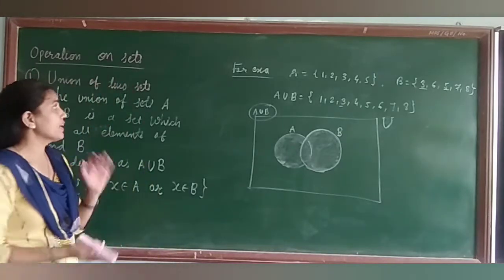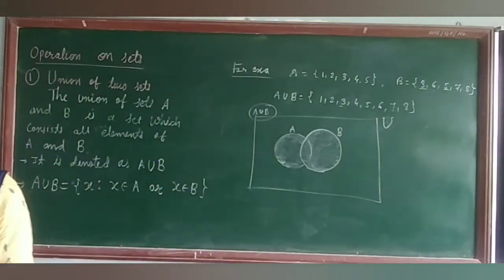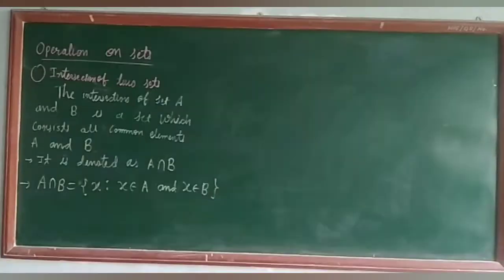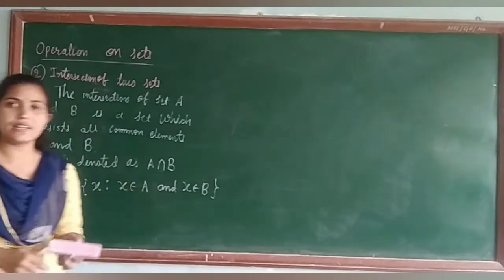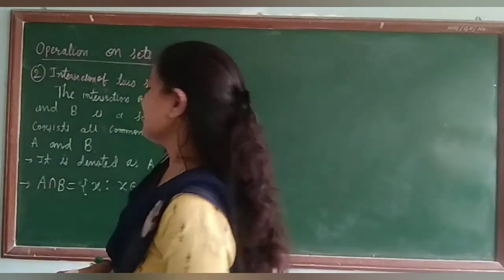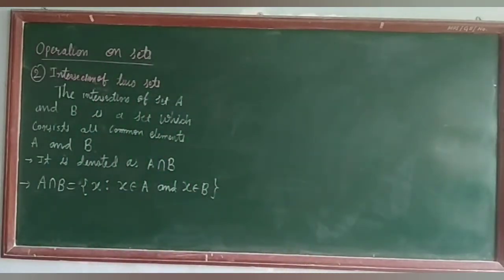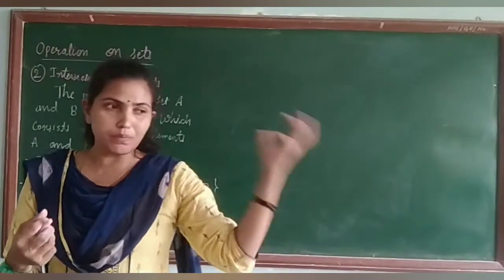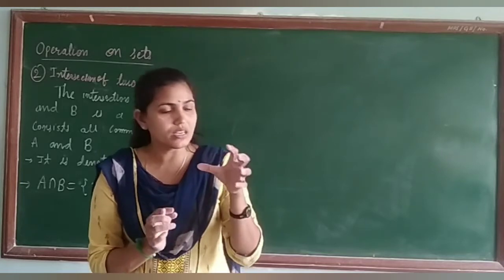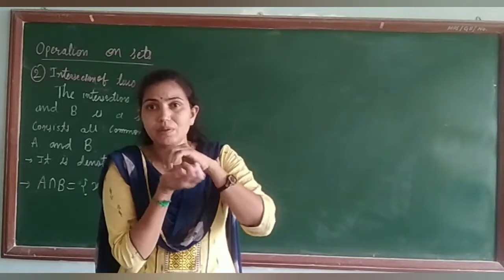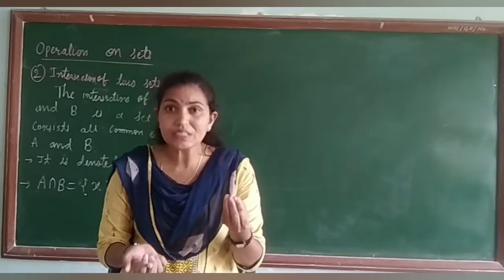Now similarly I am going to define the intersection of two sets. Now students, let me see the second property, that is the intersection of two sets. The second operation on the set is the intersection of two sets. So in the union what did we write? In the union we wrote all the elements which are in A or in B. So when we are going to write down the intersection, the intersection means to collect only the elements which are common in the set A and B both.